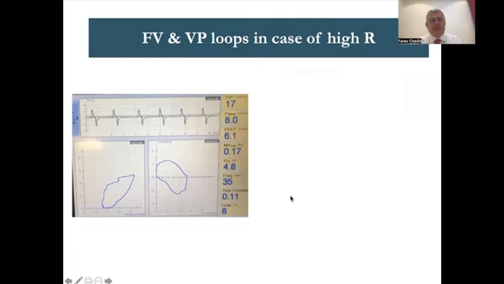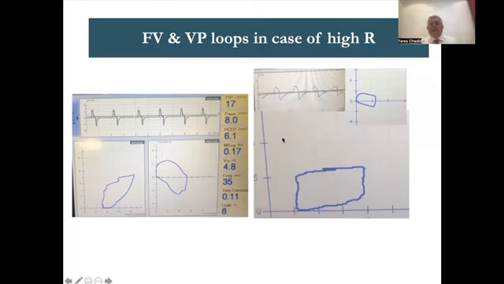Here is a patient with normal compliance. You see the VP loop is in here. The pressure is on the x-axis, and the volume is on the y-axis. A little bit of pressure has pushed the volume quite high very quickly. It's not rectangular. Slightly slower during expiration, but quite quick. So here it's a good patient without high resistance, and the flow goes from zero and returns to zero because we have enough inspiratory time.